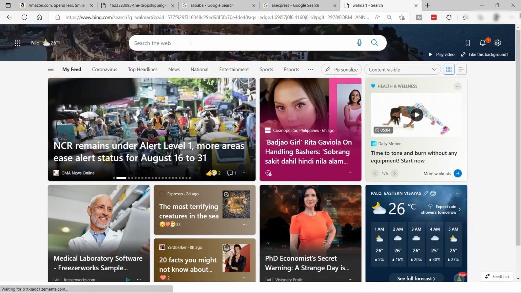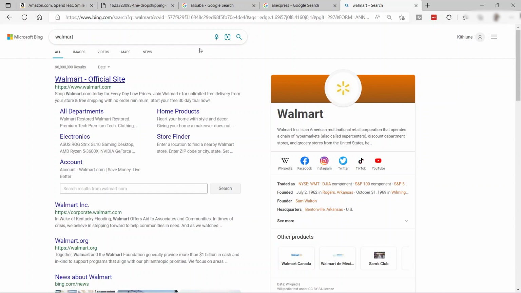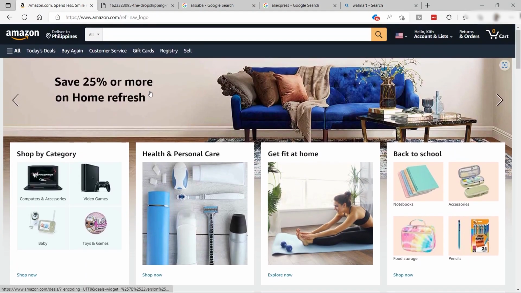So you just need to look for a supplier that can ship the product directly to your customers online. There are a lot of suppliers online that you can contact and use for the product that you want to sell inside Amazon. So once you have your product and you have your supplier, then you just need to go to Amazon again,